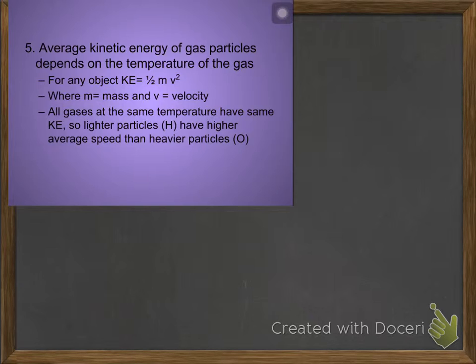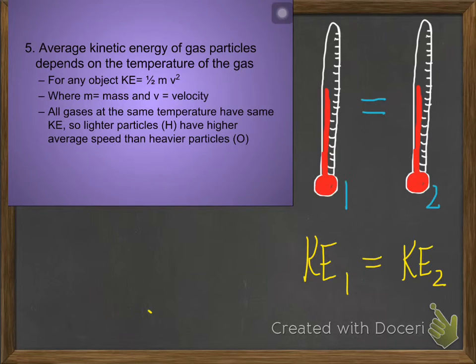Because temperature is really a proxy for kinetic energy, for two gases at the same temperature, their kinetic energies are equal. Well, if their kinetic energies are equal but their masses are different, it means their velocities have to be different, because kinetic energy is described by that equation. So, at the same temperature, little tiny light particles tend to be moving faster than big, heavy particles. You can think about this as a Honda Civic full of cotton balls zipping right past that semi-trailer full of cinder blocks on the highway.